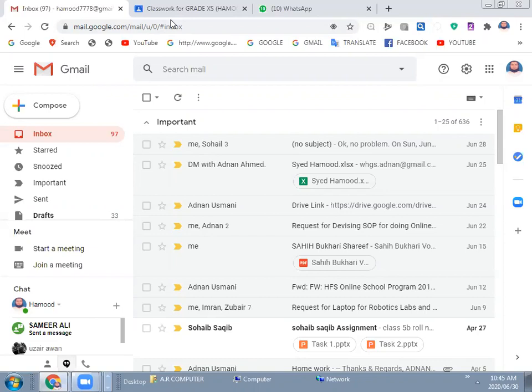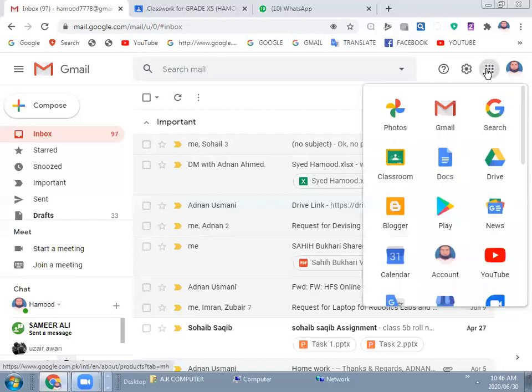Now, for using a cloud computing application, you must have your Gmail account, meaning any email account, right? So I have my Gmail account, I have signed in. Now, how can I use a cloud computing application for word processing? Suppose no Microsoft Word is installed in my computer, no Microsoft Excel is installed in my computer. Still, I can work on this.